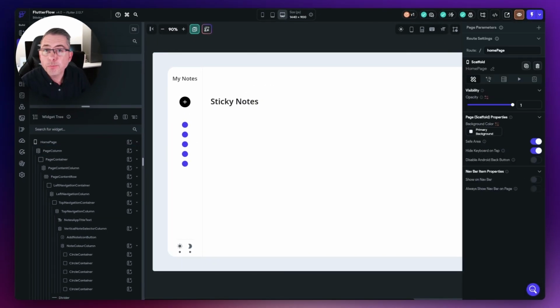Okay, so I think that's pretty much it for this particular episode. Our UI is now starting to take shape. In the next episode, we're going to start looking at components. Components are going to be really important to us, not just for simplifying the widget tree that we have on the left hand side, but components do play a really important part when you are building FlutterFlow applications. And when you start looking at the way the components are going to be used inside this particular application, you'll be able to see exactly how they can be applied in your own